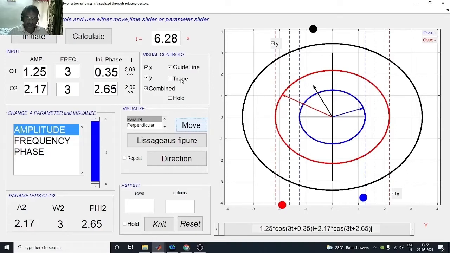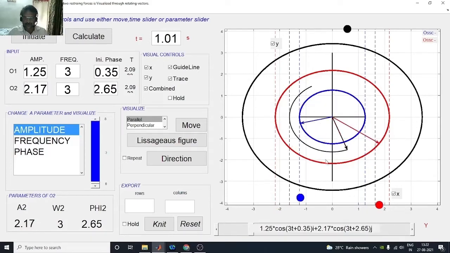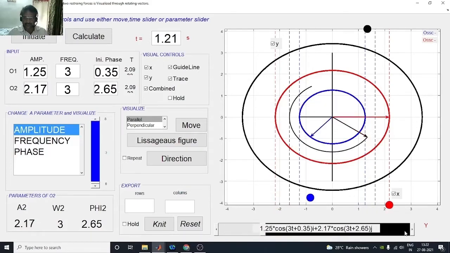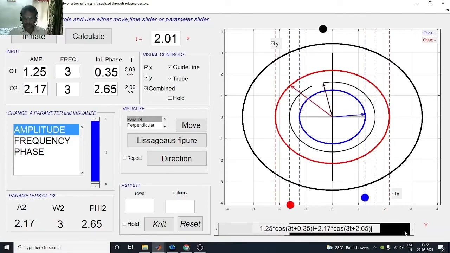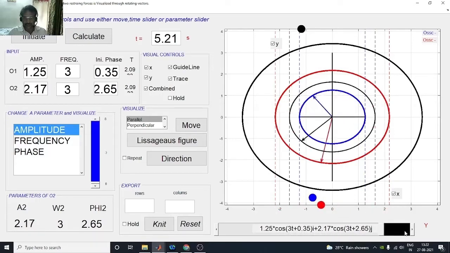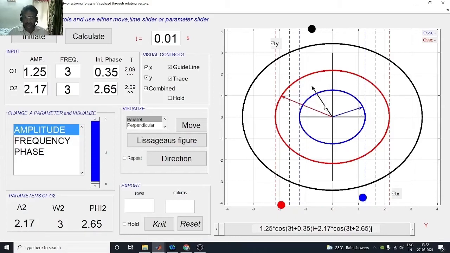So let us see that circle. This is generally not shown in textbooks. I'll draw a line at the tip of the arrow to show that it is a circle. Look at the black arrow, it is making a circle. That means it is also a simple harmonic motion. So at t equal to 0, it has some angle with the x-axis, that is the initial phase.